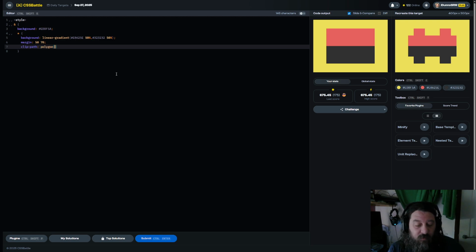So 0 and 40 pixels down, 30 pixels across, 40 pixels down, 30 pixels across, 0 pixels down, pixels across, 0, 90 pixels, 40 pixels,